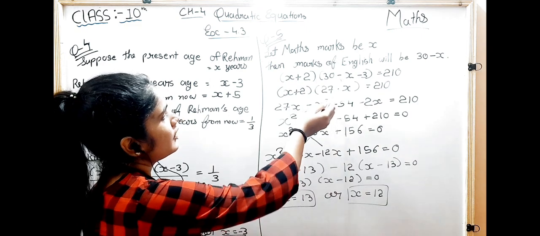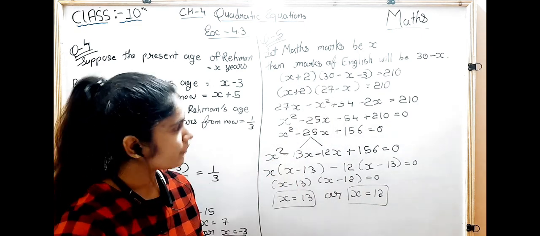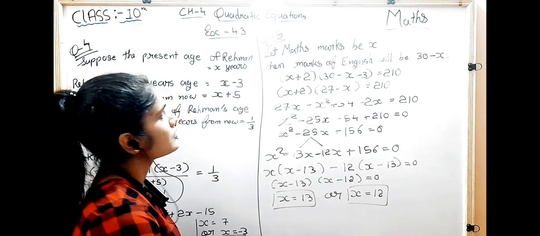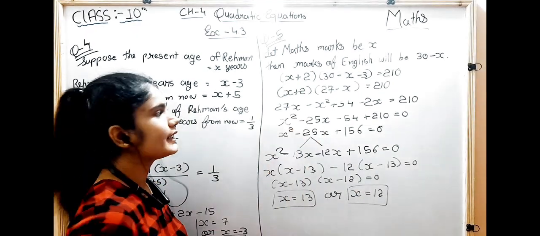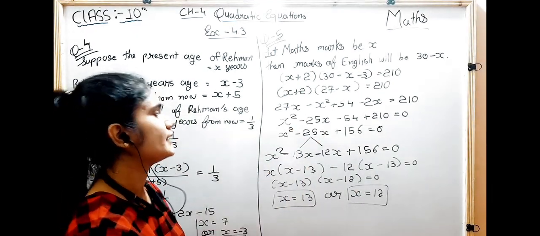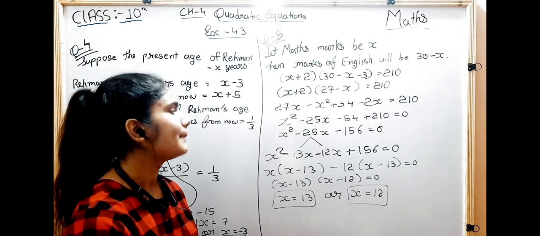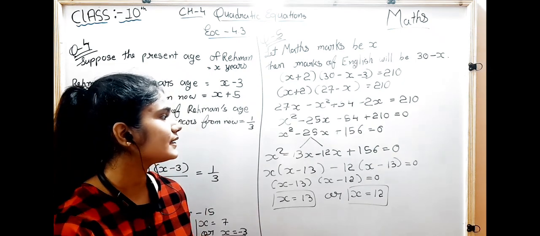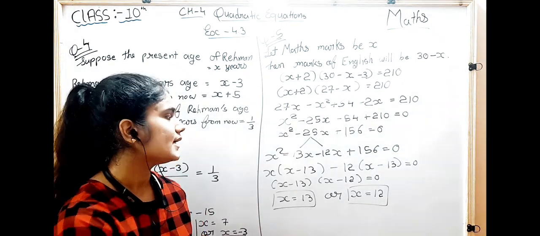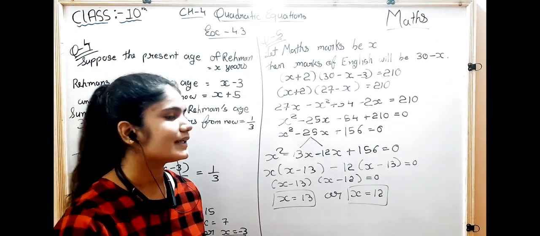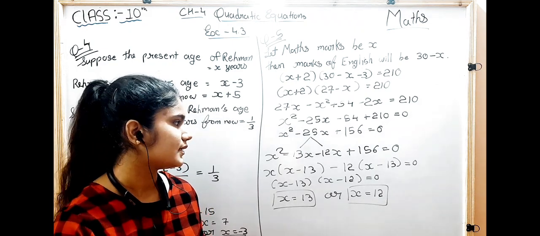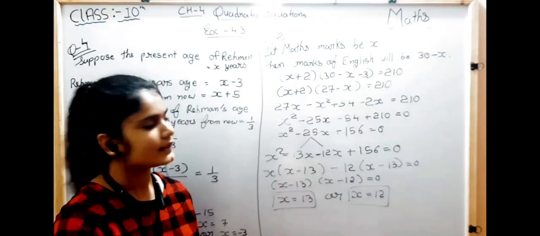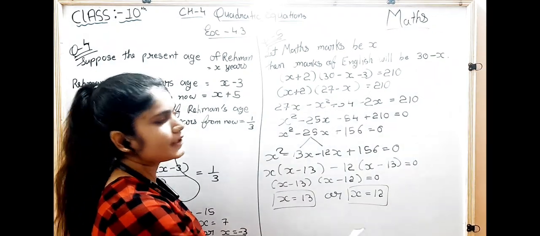Then the product of it will be 210. So by bringing it in the form of an equation and solving it, we get the quadratic equation x square minus 25x plus 156 is equal to 0. By splitting the middle term minus 25x by minus 13x and minus 12x, and pairing them and taking out common, we get x is equal to 13 or x is equal to